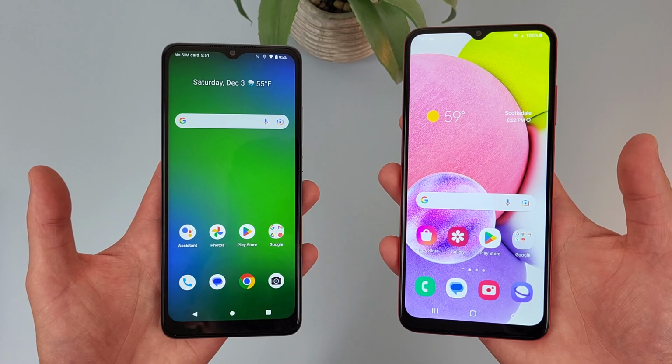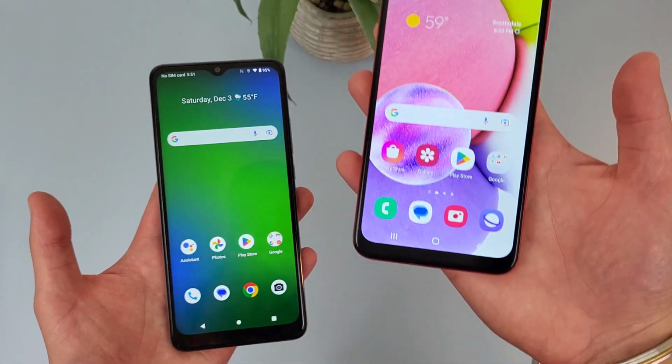In this video, we're going to be doing a quick comparison between the Cricket Icon 4 and the Samsung Galaxy